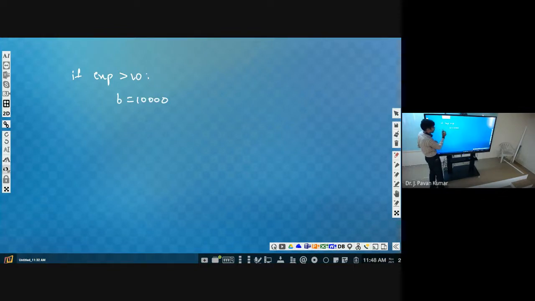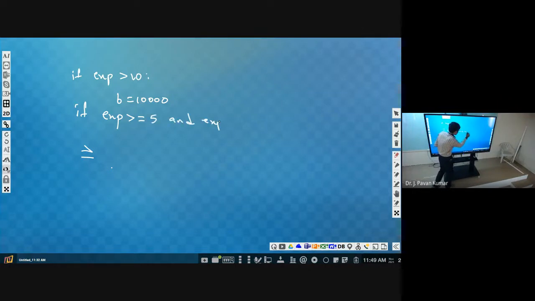Next, again if experience greater than or equal to 5. How can we write greater than or equal to? Greater than, then equal to. We cannot type this one, right? So experience greater than or equal to 5 and experience less than or equal to 10.